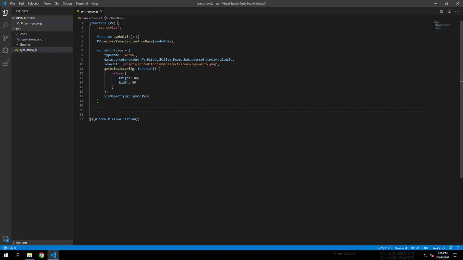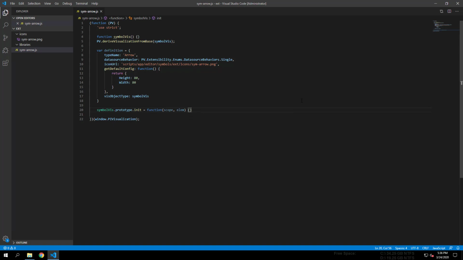With the symbol definition out of the way, we should define the symbol init function. We'll add it as a method to the symbol viz object prototype. This is the same object we created earlier and specified in the symbol definition object. The function will take a scope object, which is a reference to the symbol's instance, scope, and all its properties, and an element object, which is a jQuery object wrapper for the symbol's containing HTML element.